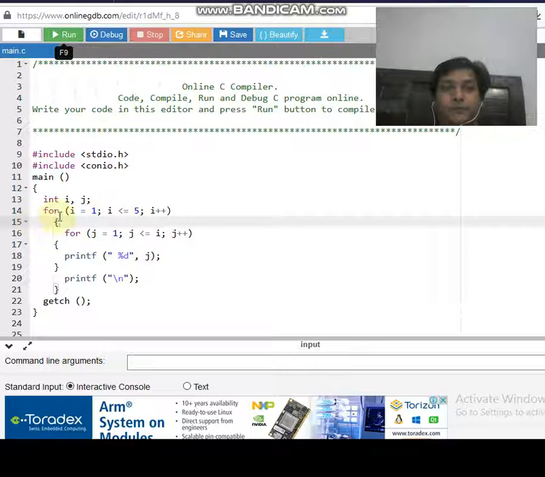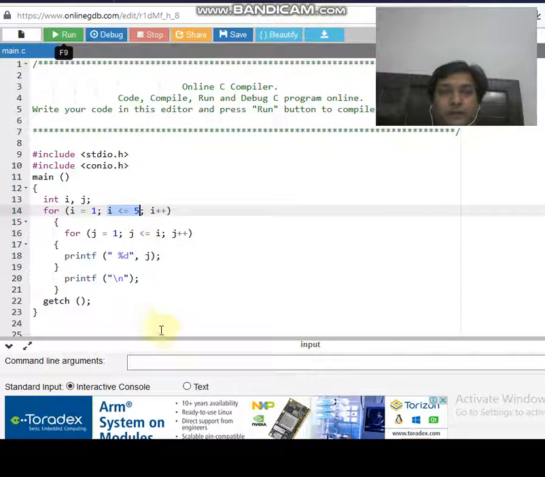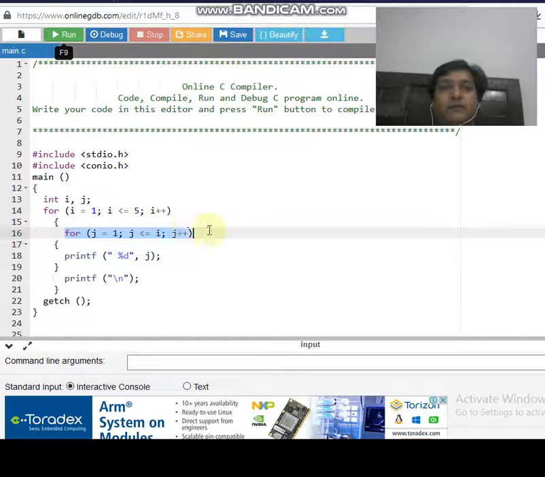If you see this program, we have declared two variables, i and j. The value of i is initialized with 1 in the outer for loop, and goes up to 5. In the inner for loop, the value of j is initialized with 1 and goes up to the value of the current i.